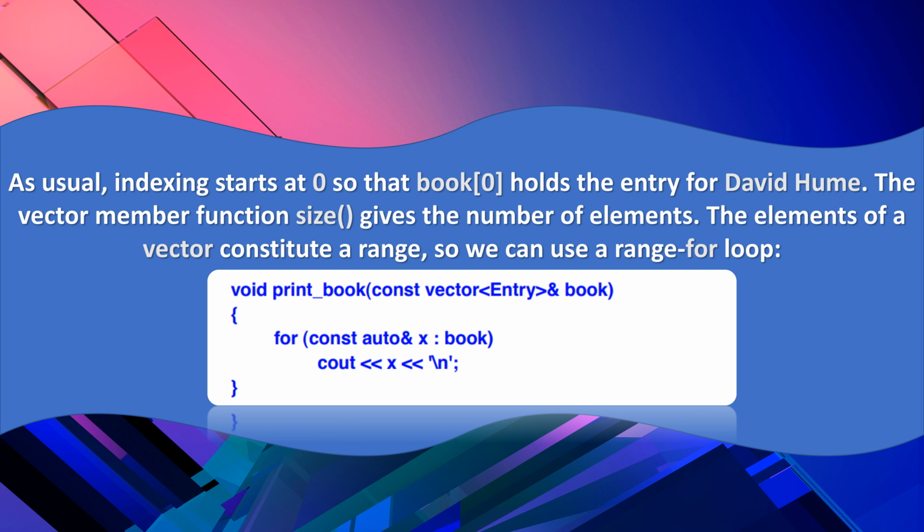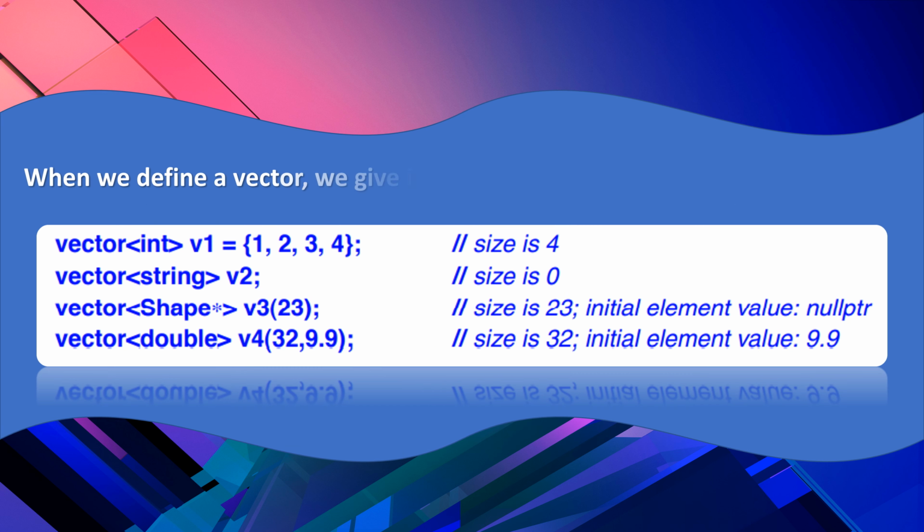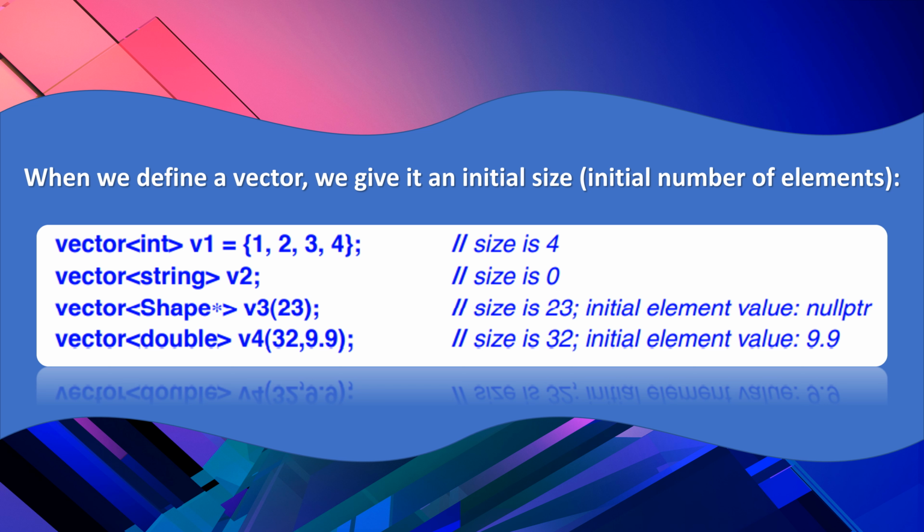The elements of a vector constitute a range, so we can use a range-for loop. void print_book(const vector<Entry>& book) { for (const auto& x : book) cout << x << '\n'; }